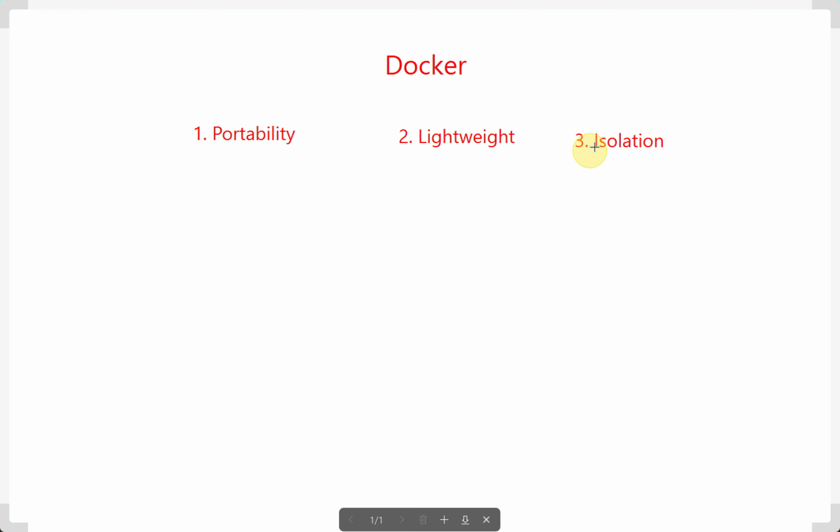In one VM, we can host multiple containers, but all of those containers run in isolation from each other. That means in one VM, we can host multiple applications, and those application containers don't interfere with each other while running. Since containers include everything the application needs to run, they ensure that the application behaves the same way, regardless of where it is deployed. That is nothing but consistency.